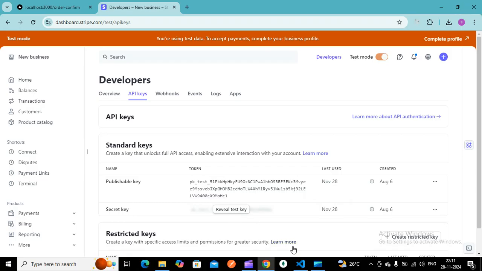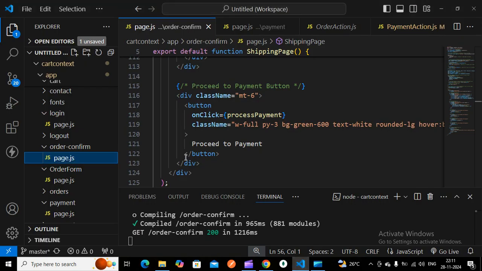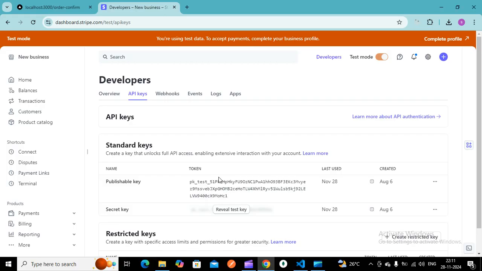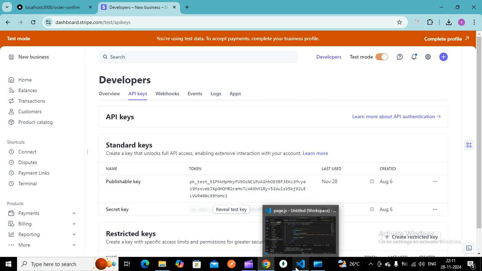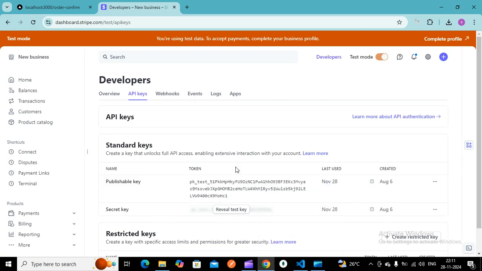So in the project, you have to go to the .env.local. You have to assign some variable, and you have to paste that particular public key and the secret key over there. So you should not reveal any of this credential.